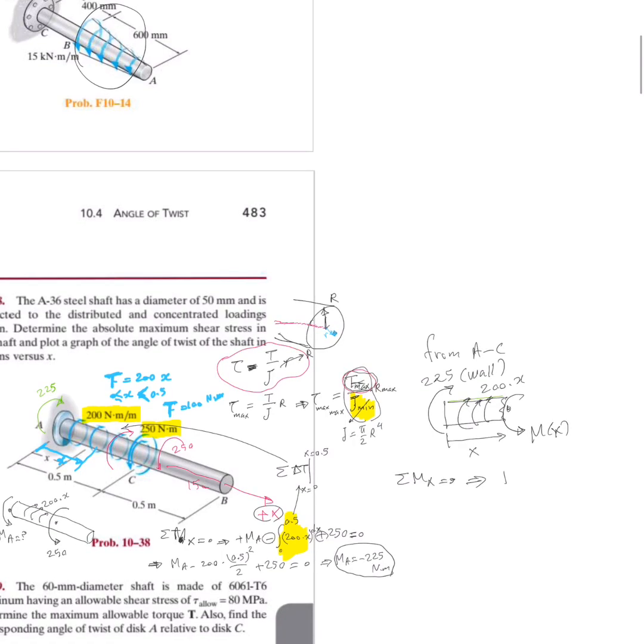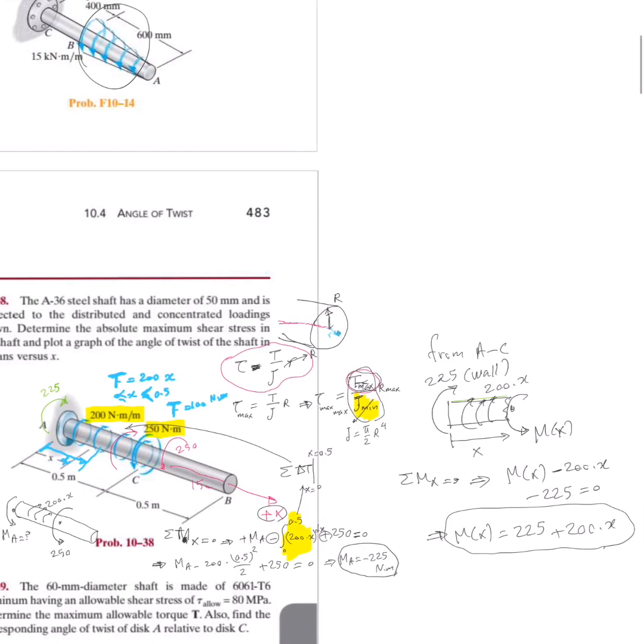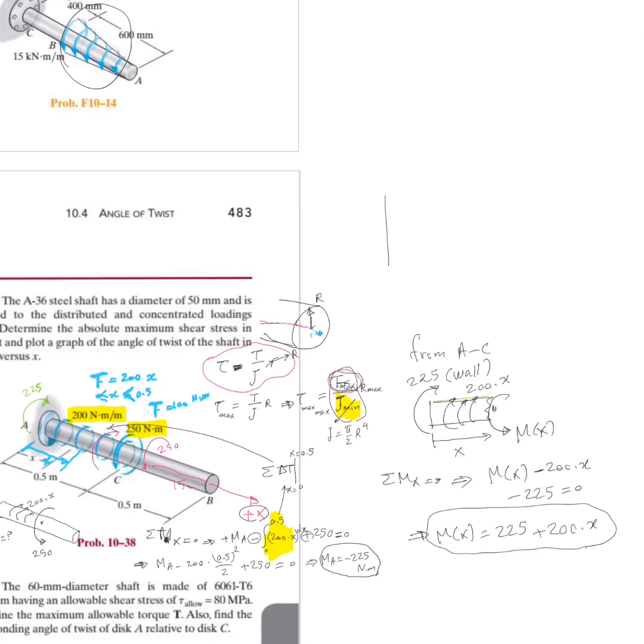Then I get mx, positive, negative 200 times x and negative 225 is equal to 0. Then that's going to be mx is equal to 225 plus 200 times x. This is my internal torque, is a line, is not a constant value. So if I want to make a plot for that, torque versus x,